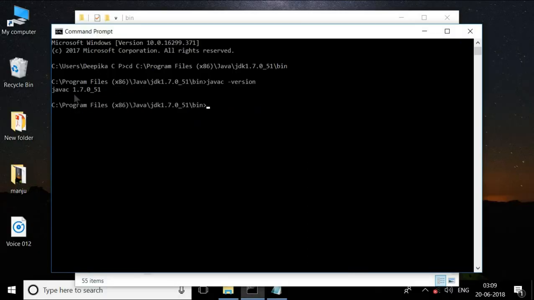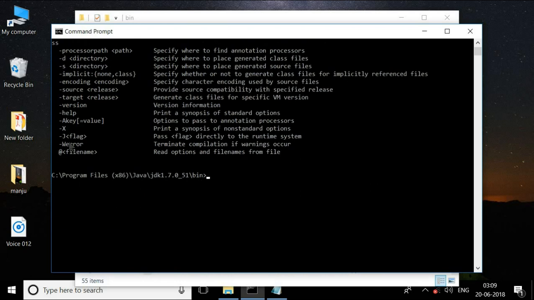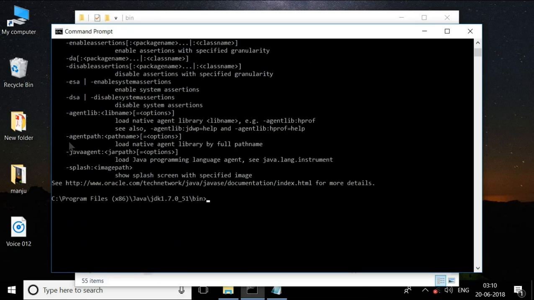Now let us check our commands, that is Javac, and press enter. See, these are the options which are available with our Javac command. So Java compiler is working properly. Now check your Java interpreter command, Java, and press enter. So your Java interpreter is also working properly. In this way you can check all the required commands in your command prompt whether they are working properly or not. This completes your first step.